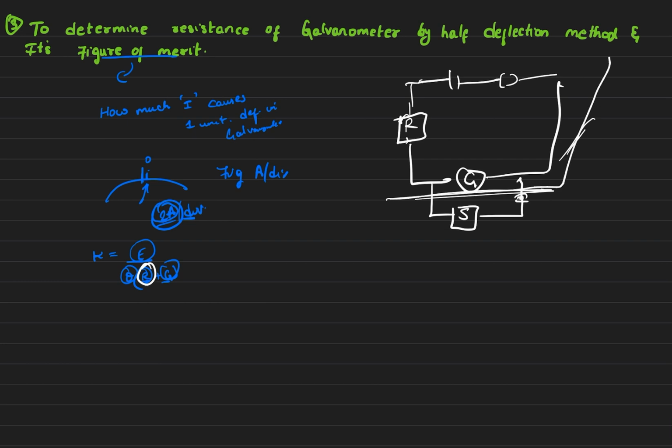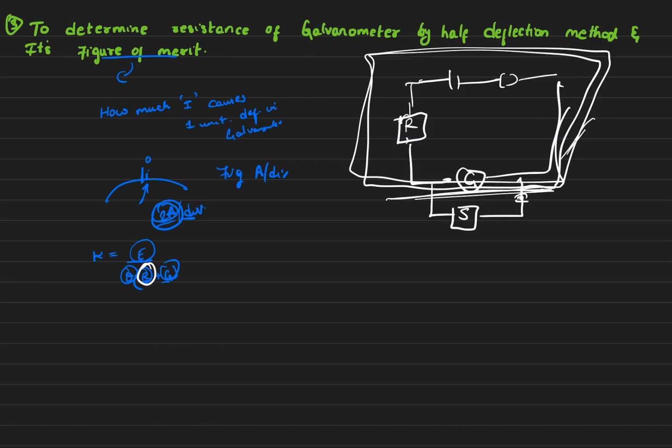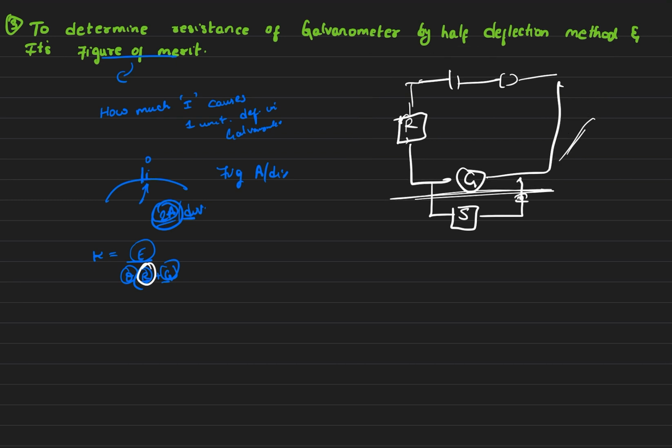If there is no shunt, this circuit is the circuit diagram of figure of merit. If I attach a shunt resistance along with a key parallel to the galvanometer, this becomes the diagram of